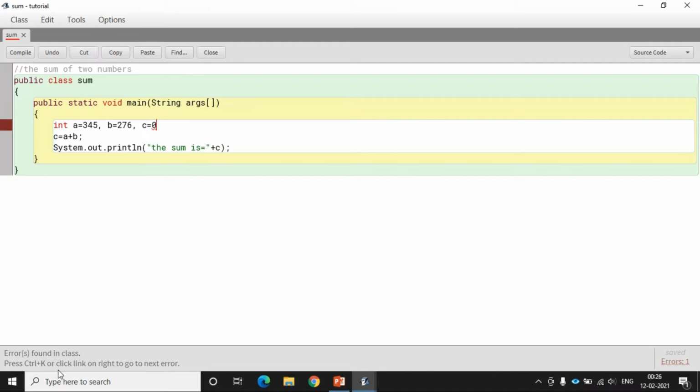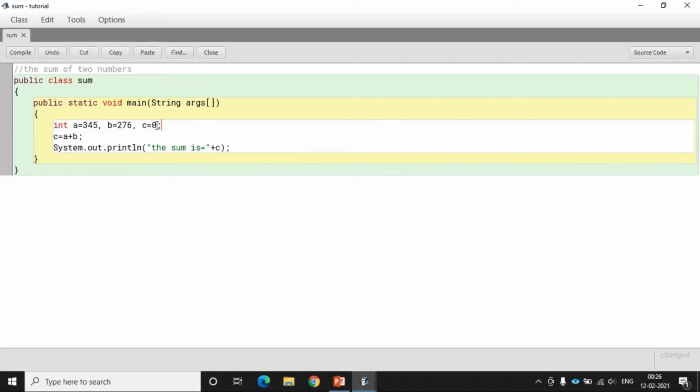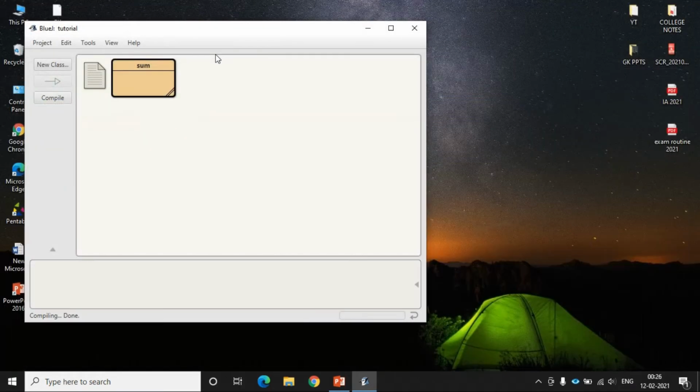Press Ctrl K or click the link on the right to go to the next error. You can see here it is showing what error is there, what is missing. So we will give a semicolon here and compile again. Now we have got the message, class compiled, no syntax error. Now close it. As you can see, all the stripes are gone.